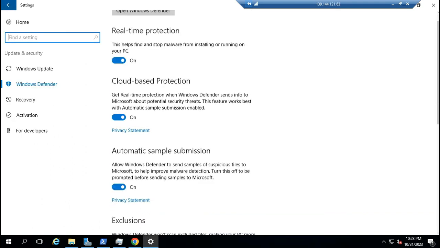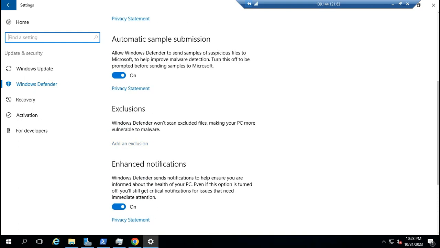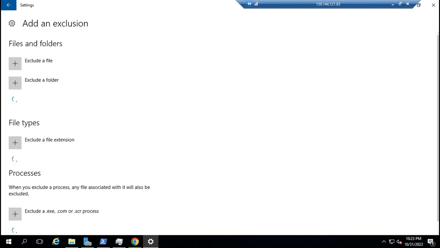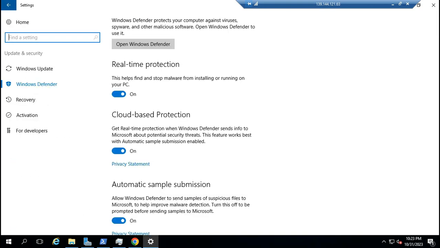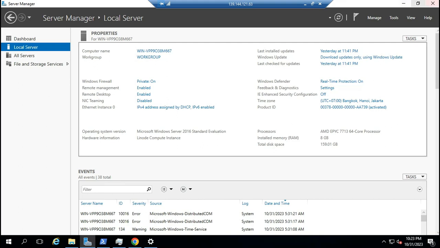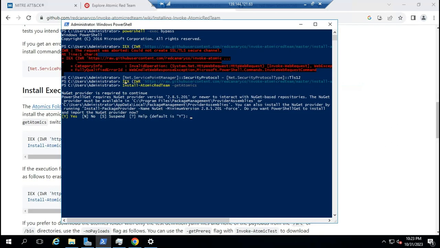If you don't exclude the folder, Windows Defender will automatically detect the virus or something. In here we just want to test. Okay, this is why. Just follow the instructions until it's done.